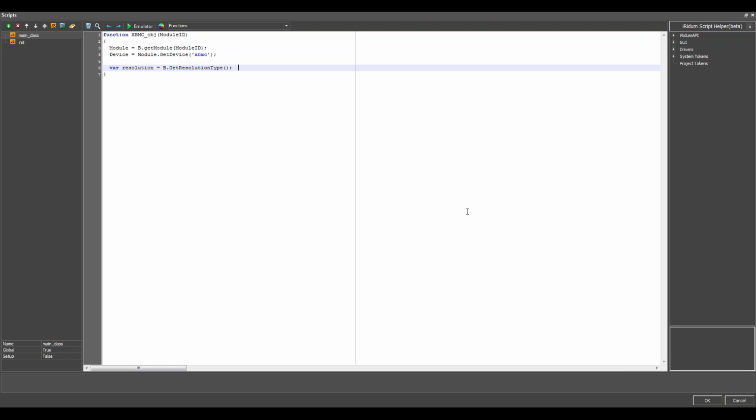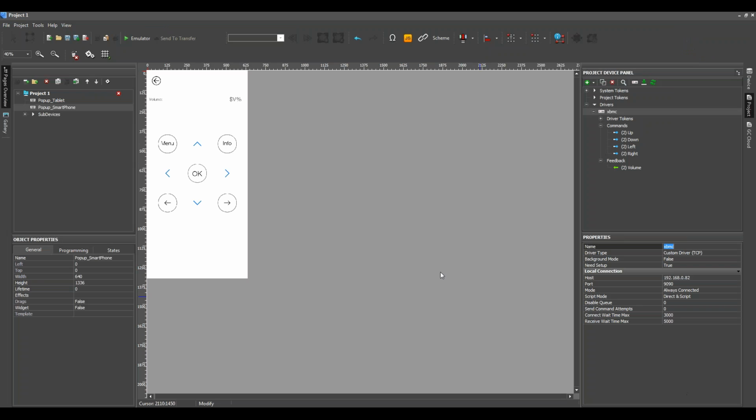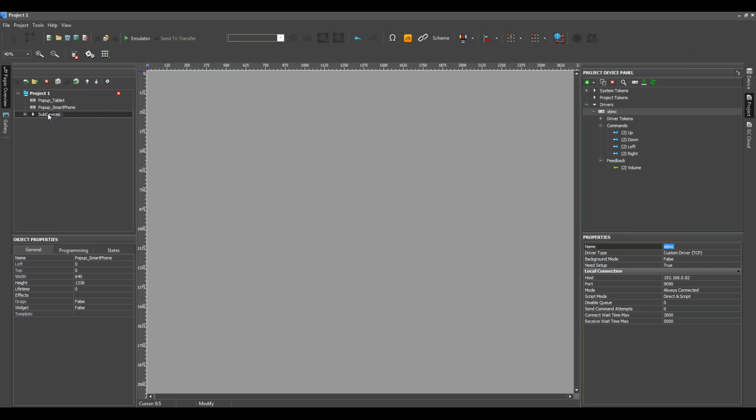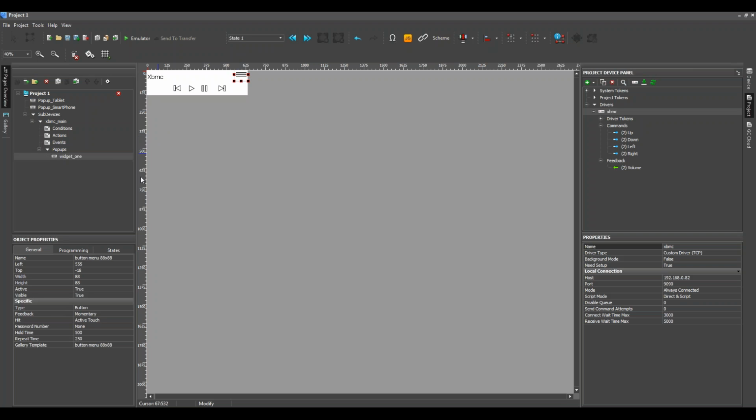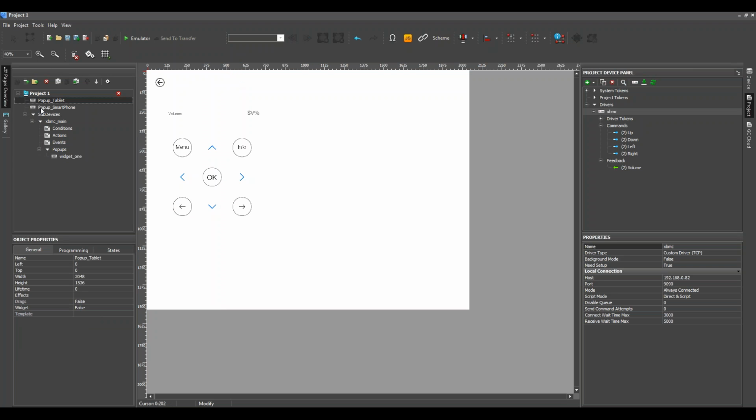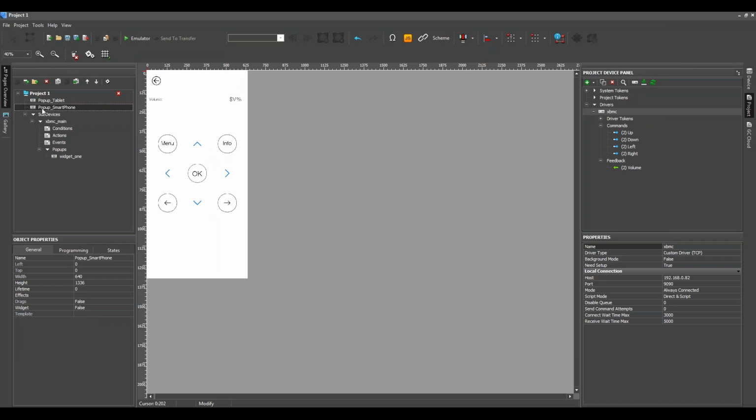So what else? Now I want to create a listener for my widget. If the user presses here on the button, let's change the name to button remote, then i3Lite should open the pop-up tablet for tablet and pop-up smartphone for smartphone.